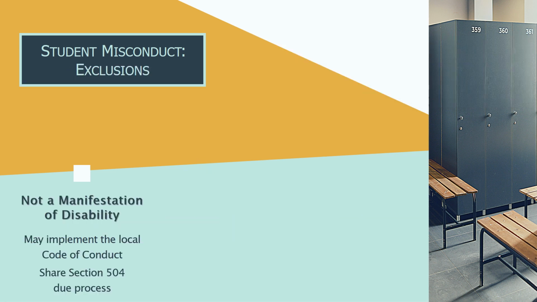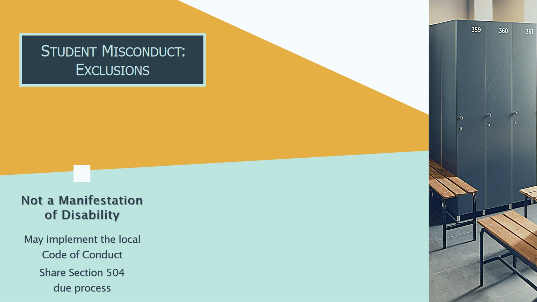If after the first stage of the reevaluation, the misconduct was found not to be a manifestation of the student's disability, the proposed disciplinary consequence, such as a suspension of more than 10 days or even expulsion, can be issued as long as it is the same punishment for a student without a disability under similar circumstances. Parents need to know how they can respond if they disagree with the outcome. Remind the parents of the school's local Section 504 grievance and impartial hearing procedures, as well as their right to